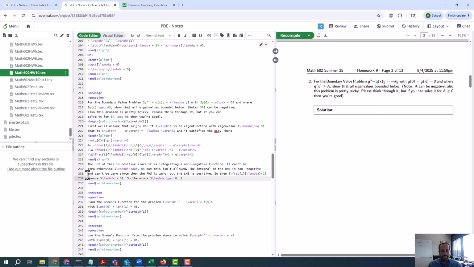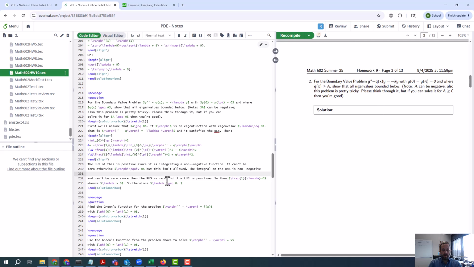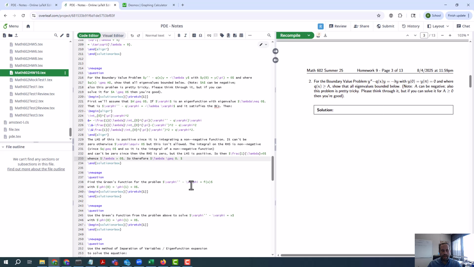Let me actually explain why that is. The integral on the right-hand side is not negative since q is greater than or equal to 0, and so it is the integral of a non-negative function. So we're using the fact that q is greater than or equal to 0 for this to work. But let's see what happens. Now let's assume,